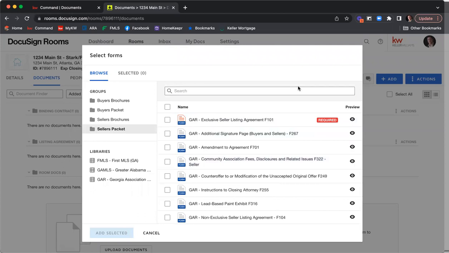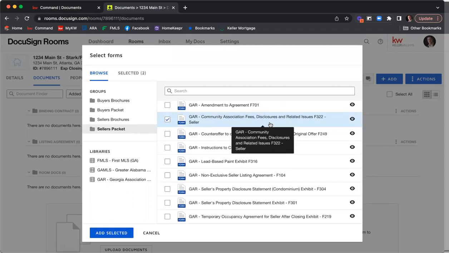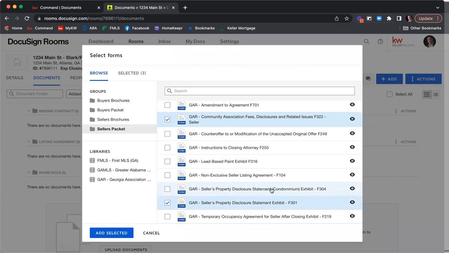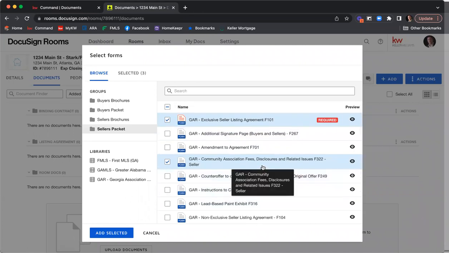So now let's start adding forms. We need our listing agreement form, so we're going to select that. We need our community association disclosure. We need our seller's property disclosure. Perfect. It lets me know that I've selected 3 forms up here. Since the home was built in 2008, we do not need the lead-based paint exhibit, but that's going to be the same process as the CAD and SPD. Now, in addition to these forms,